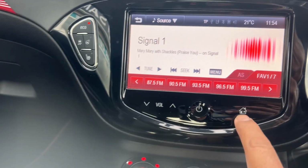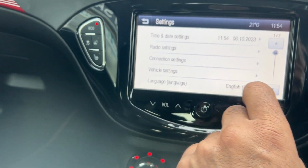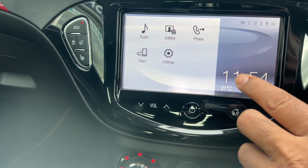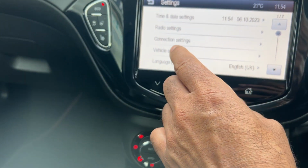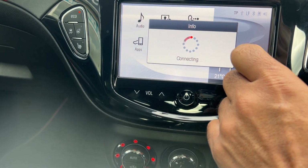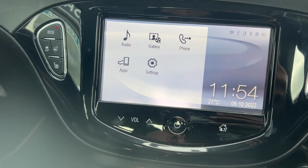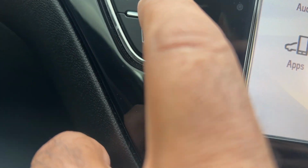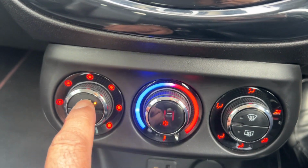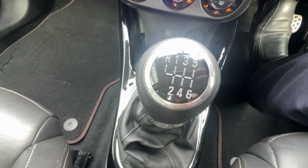Of course, you've got various functions with Bluetooth, various apps, all touchscreen, all the vehicle settings. All nice and clear, special functions on that. Got heated seats, heated steering wheel. So a great spec car. Climate control, USB input, 6-speed manual gearbox,